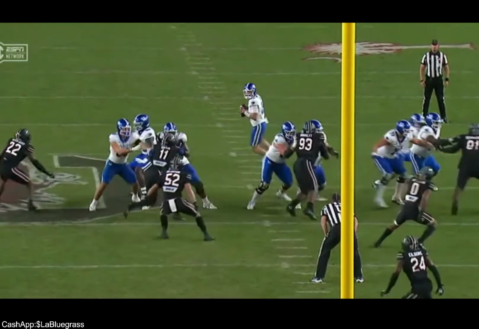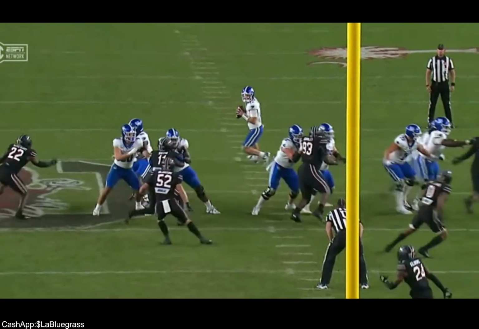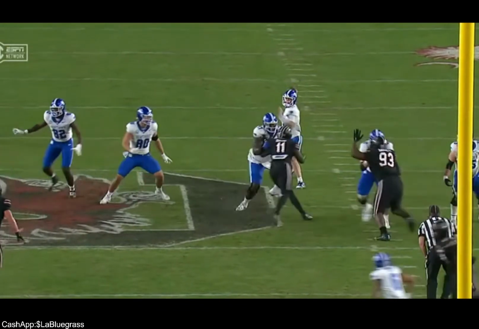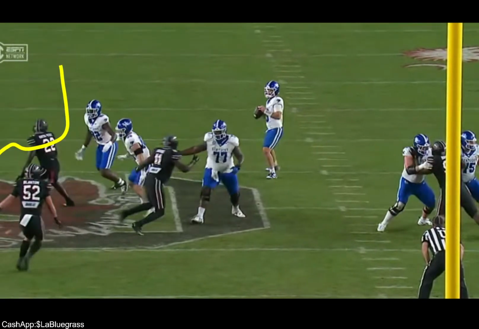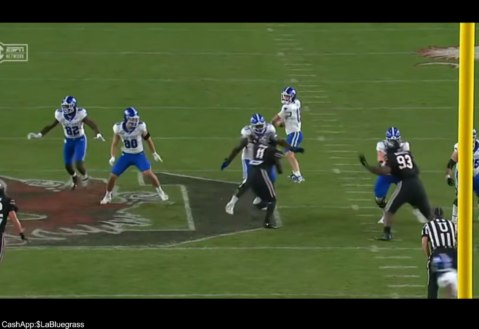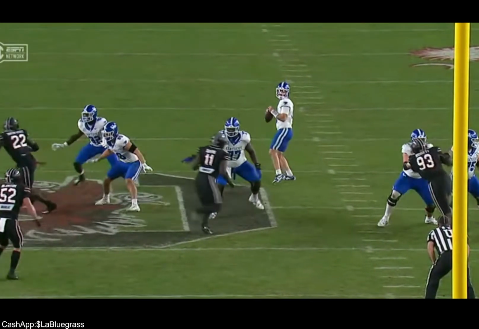He wants Barion Brown. I don't know what Barion Brown ran on that. Looked like a double move. Maybe I'm going to just call it, because I saw him look like he was running an out route. So I'm going to say it looked like an out and up. That was canceled. He's looking that way, comes off of it. Right now, he looks for number 2. Boom. Finds it, snaps, and then releases.